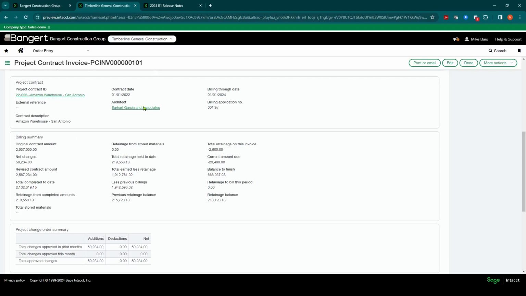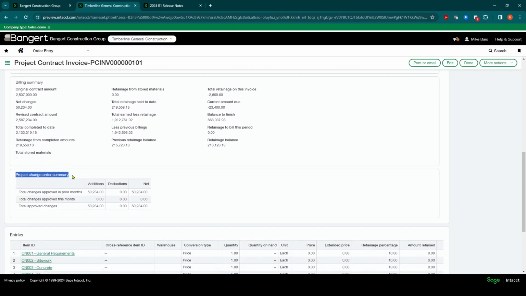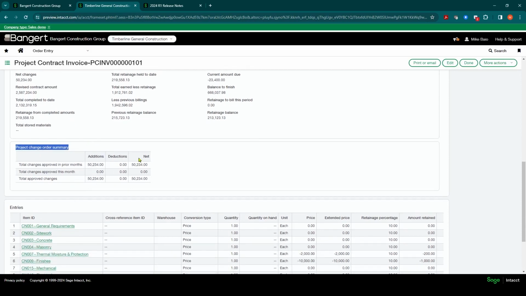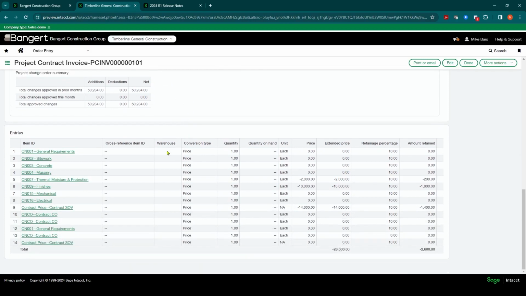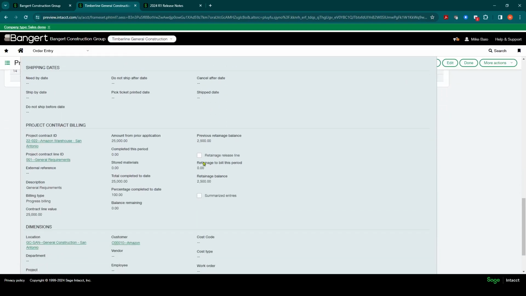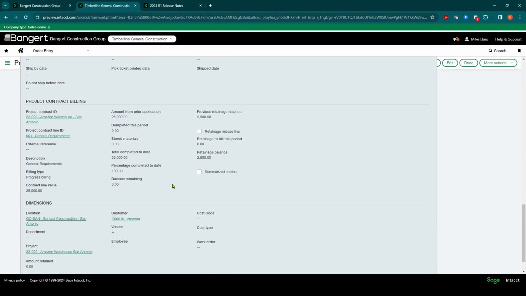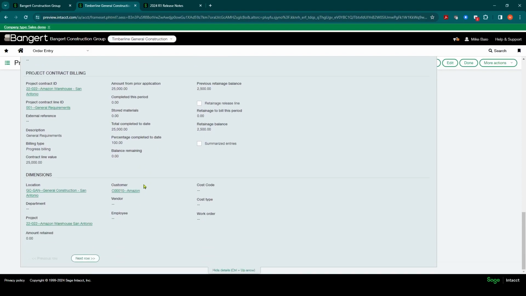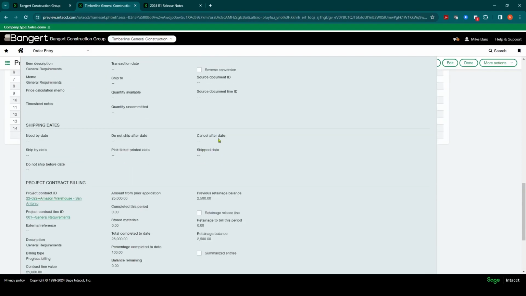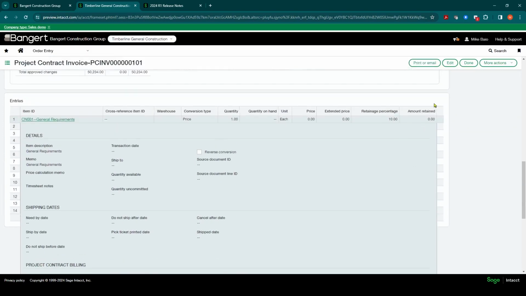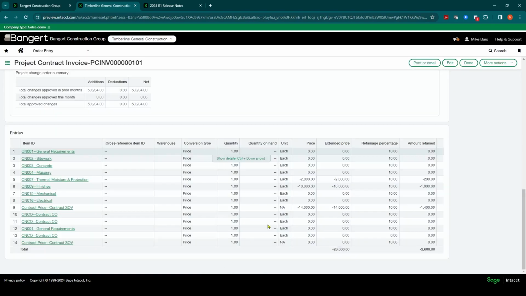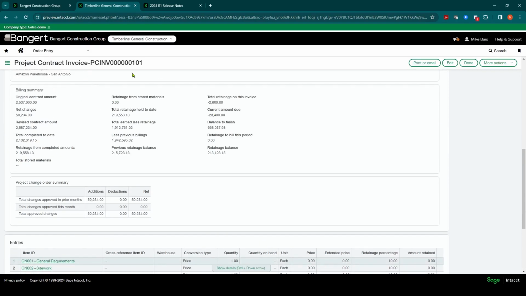So a lot of information that you'll see in a typical AIA type progress billing view is now available right inside the invoice. In addition to that is also the ability to see change order detail. Again, another field that's typically on an AIA billing: additions, deductions, net, total changes approved prior, this month. So that's all available now for you. And then finally, if I go down to the item here and click on show detail, when I scroll down here, now you see some more fields that we didn't have in the prior as well. That button just gives you more flexibility when you're inquiring on this invoice.